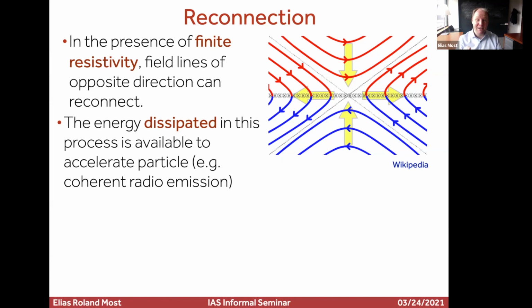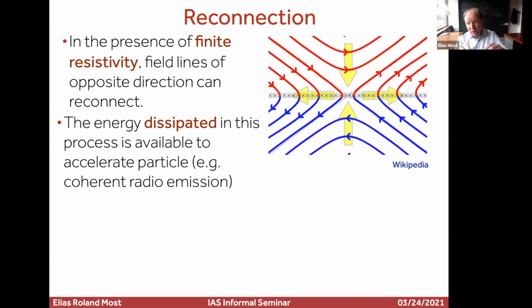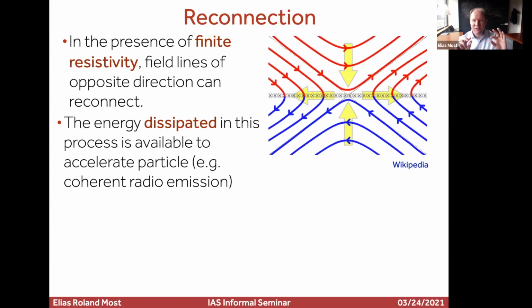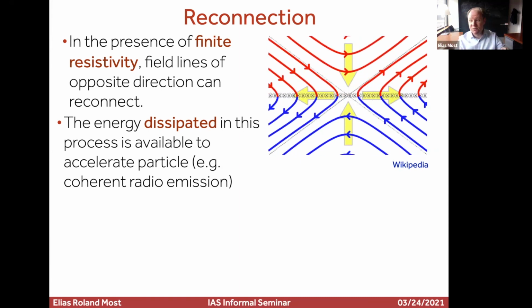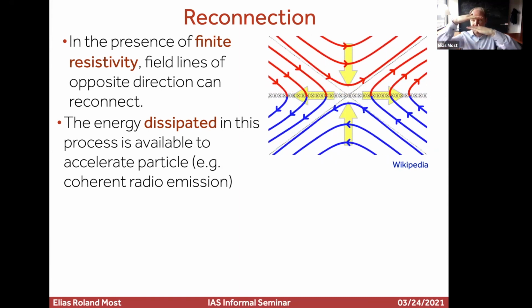If you look at this nice animation that I got from Wikipedia this morning, you see that oppositely aligned field lines, the red ones and the blue ones, in the presence of a current sheet, so there's a current going into the plane, just right where the arrow tails are, will reconnect simply because the energetic configuration of them doing this X-shaped reconnection is more favorable than staying separated.